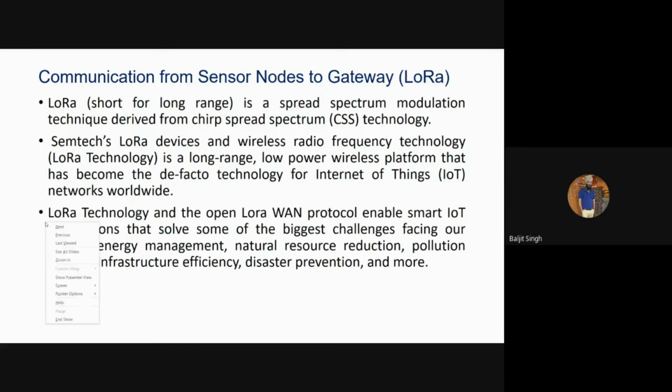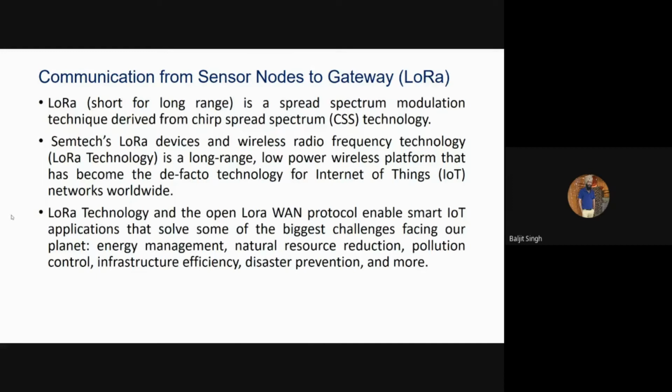And then it will transmit the data to the cloud server. Okay. So LoRa, long range radio. LoRa is short form for long range. It is an RF communication itself, but it is